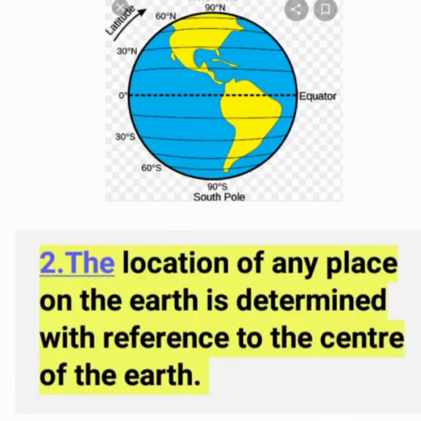The location of any place on the earth is determined with reference to the center of the earth. Say, for example, even if we want to draw a simple circle, we need to consider one center point, and then we draw the circle. It's just that, to locate places in degrees, geographers need to take the equator as a reference line.